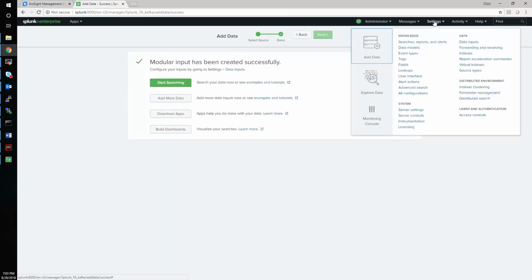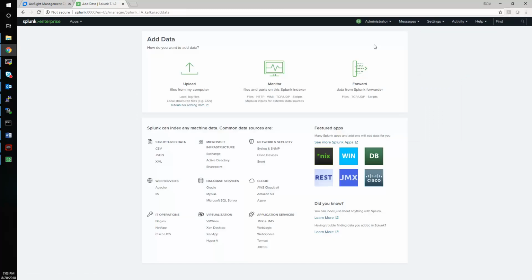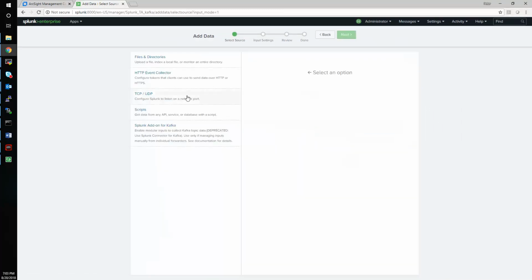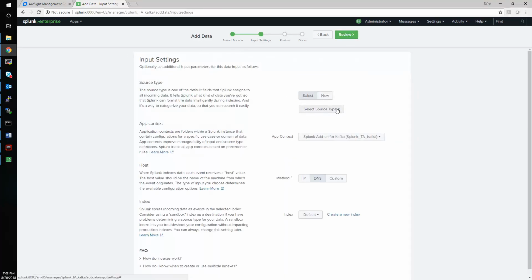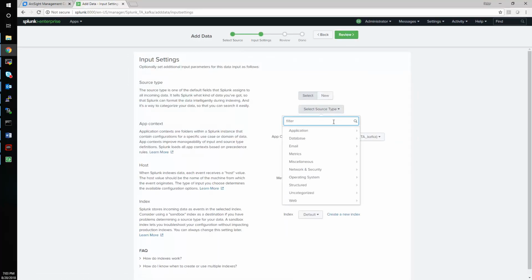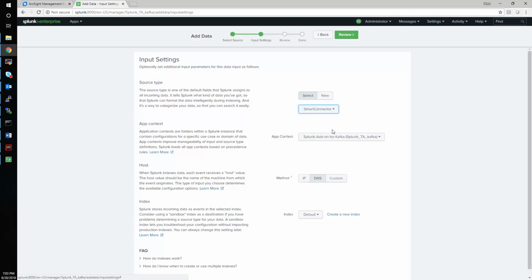And now we're also going to add data. We're going to want to monitor TCP port 5000. You can set any port number you want, just make sure it's not in use. Click Next. Select the source type. Start typing. Smart connector becomes available. App context. We want to switch this